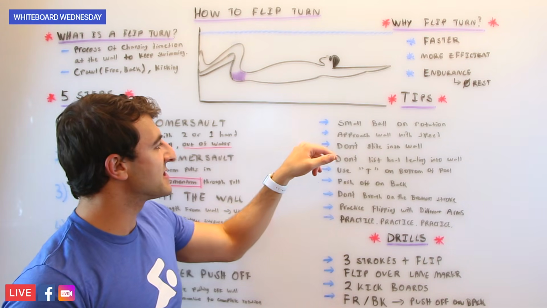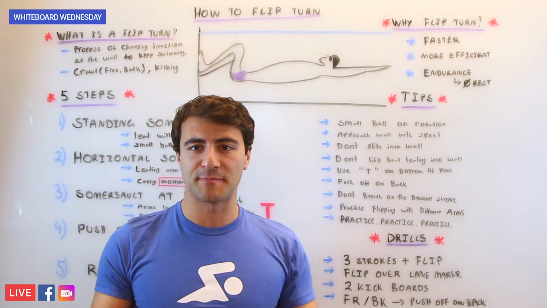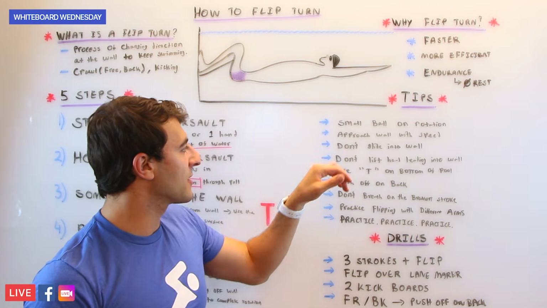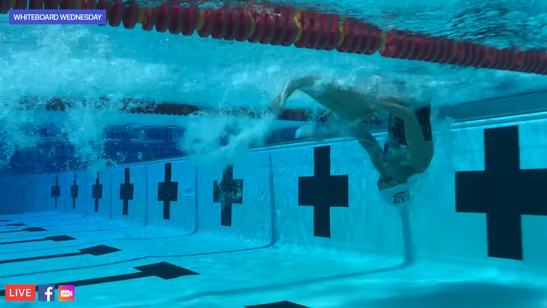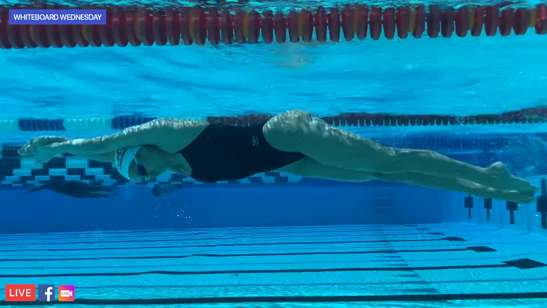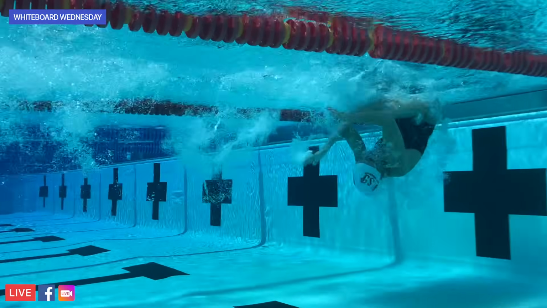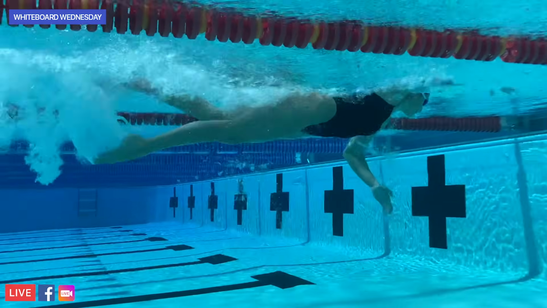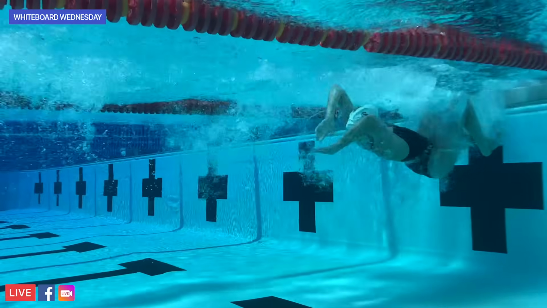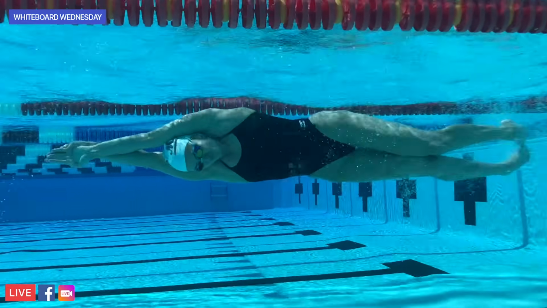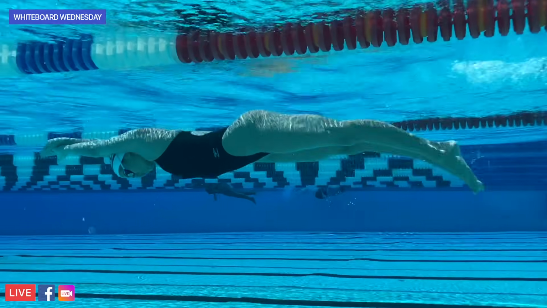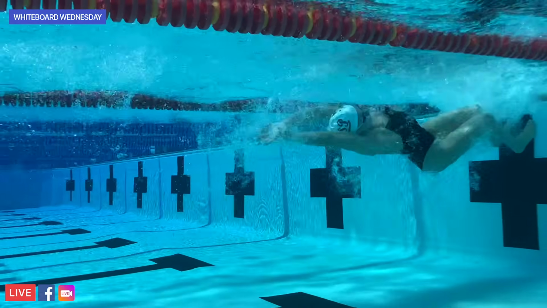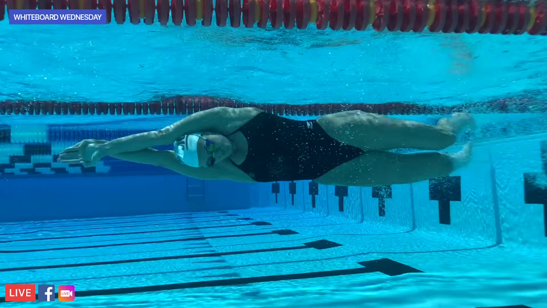The next tip is to approach the wall with speed. So you don't want to glide into the wall, which is the third pointer. Don't glide into the wall, stop, and then do the flip turn. If you think about tennis, a ball moving quickly into the tennis racket will move quickly off of the tennis racket. If you throw a ball at the wall very quickly, it's going to come off the wall just as fast as you threw it. If you throw a ball very lightly at the wall, it's not going to come back very fast. The same concept applies with your body.